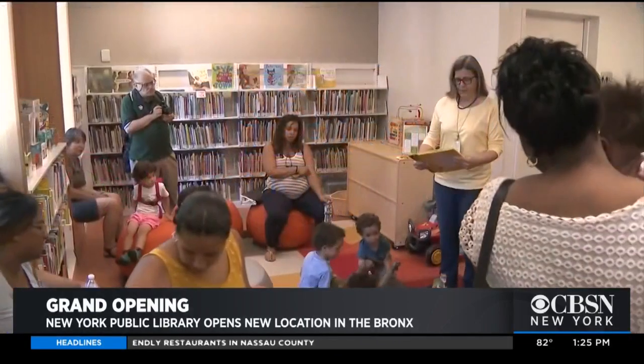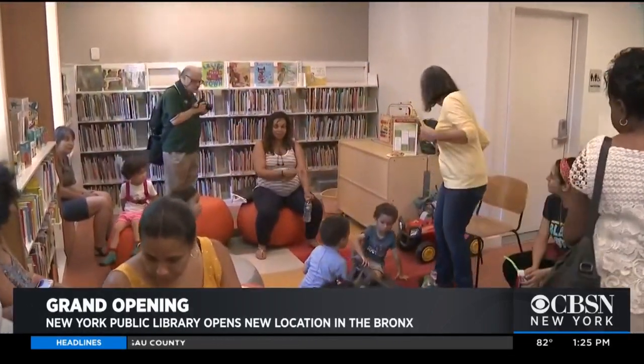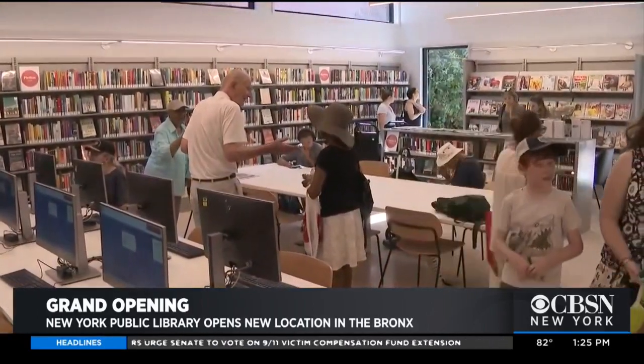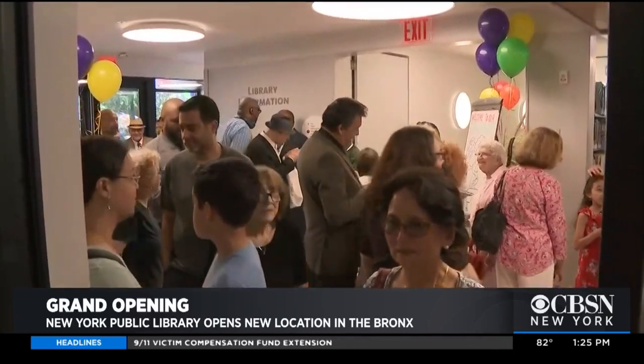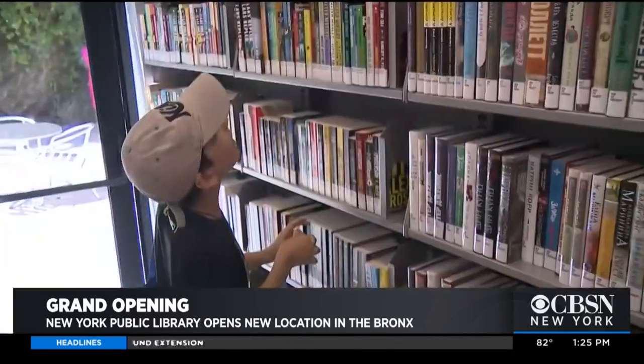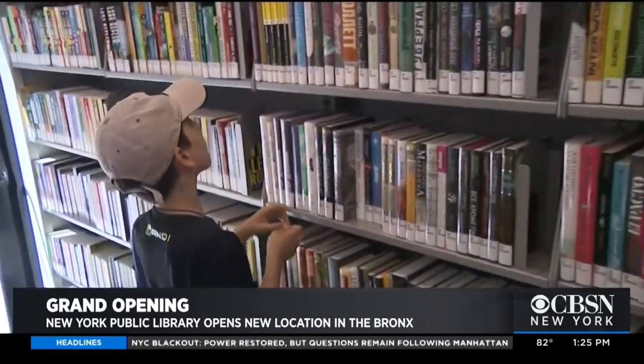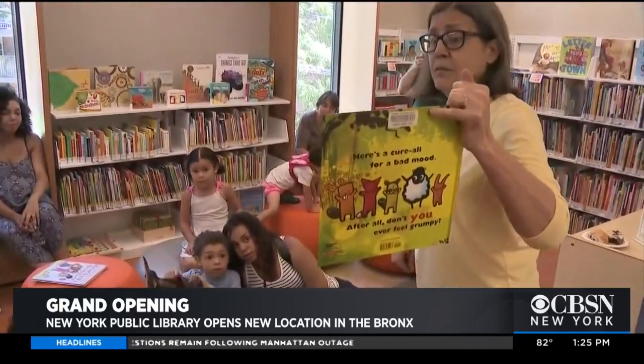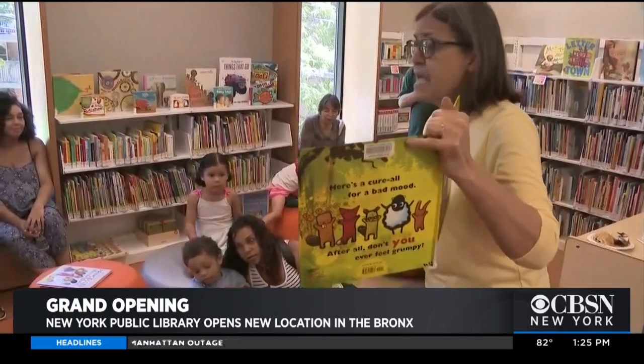So we provide a lot of educational opportunities at the library now, and so we've set up space to be able to do that. As well as they'll notice that the library is a very welcoming place for people, not only just to take out books, but to be able to use our resources, to talk to our librarians, to talk to our educational specialists, and just to be able to avail themselves of all the services that the library